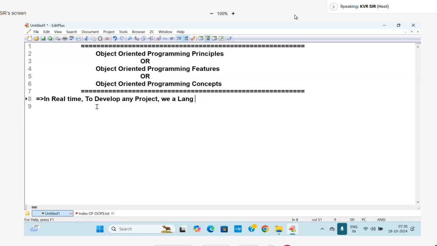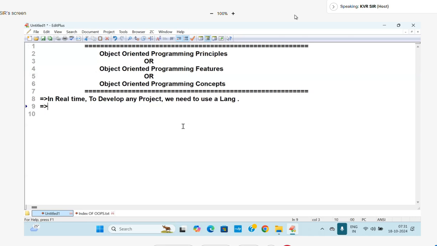And the rest of them are supporting teams. Other than these three full stacks, it is called what? Supporting team. So in any kind of project, we need to choose a language. We need to use a language. Carefully listen. We need to use a language. This language, that language, a language, we need to choose a language. That language